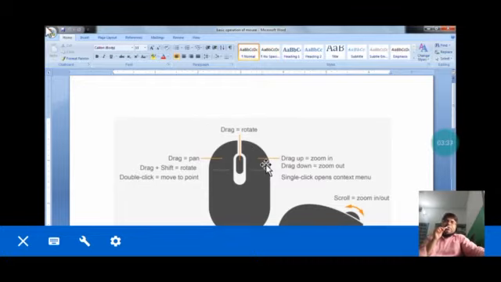Now, next about the right mouse button. It is for the properties. If you want to know the properties of your file or folder, you can go for that. Even if you want options for the text, like synonym, cut, copy, for that you must use your right mouse button. But before that, you must select the text. And the middle one is to scroll your pages up and down.